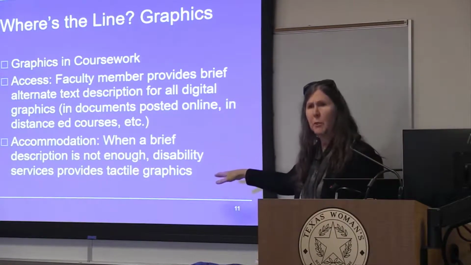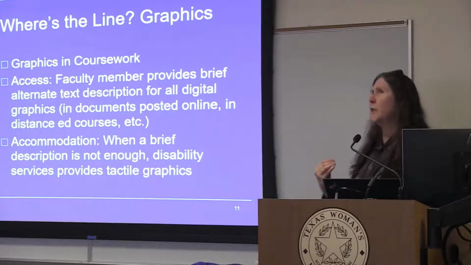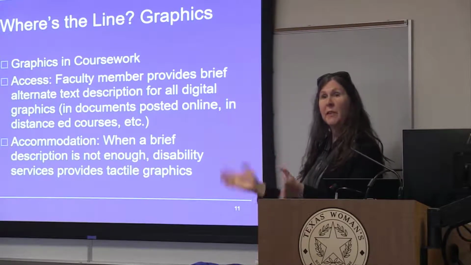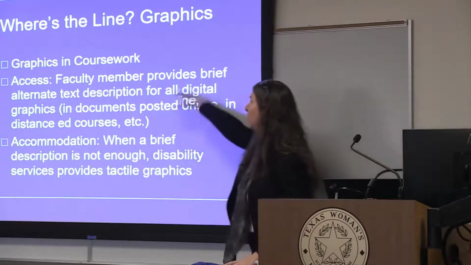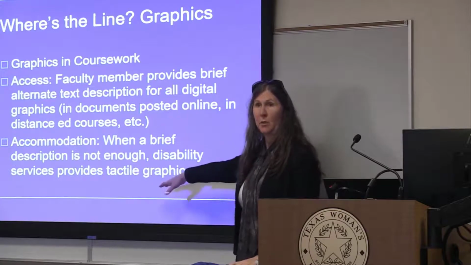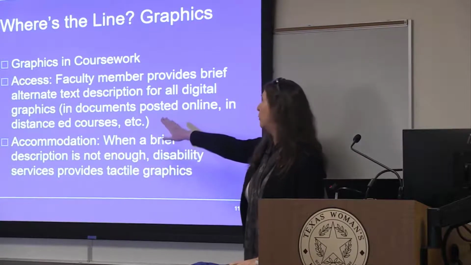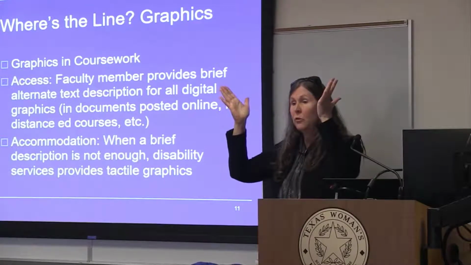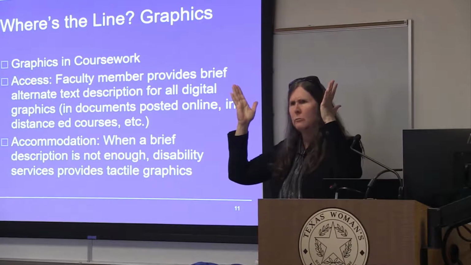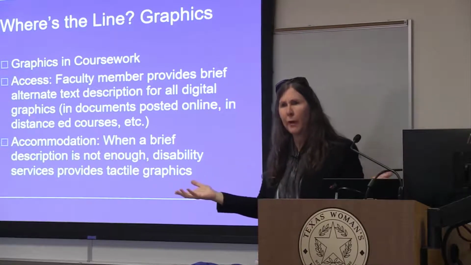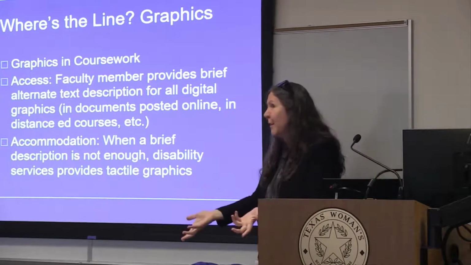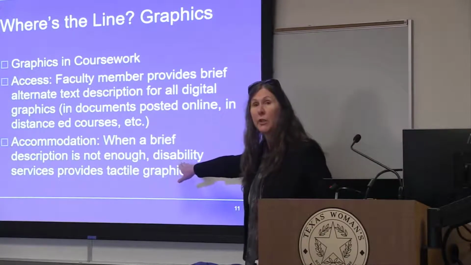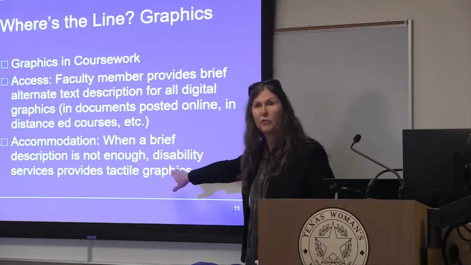So is this making sense to people? I think the reason it gets so scary, and this is not just on the faculty side but on both sides, is because we start drifting into the other person's job. A lot of people who really just need to be doing the access piece are thinking, oh my gosh, I have to know how a student who's blind, deaf, or quadriplegic learns. No, you just have to put a label on your graphic. Just a few word label. What is it? That's all. We're not asking you for the accommodation piece. Somebody else does that job.